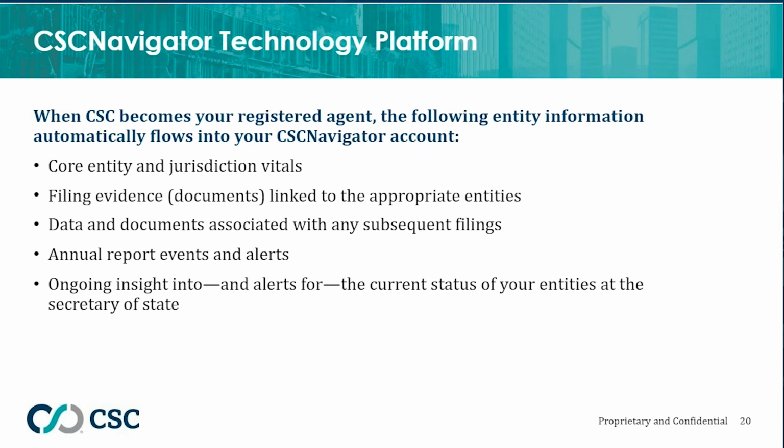Also, as organizations engage CSC for filings, there's documents that come back as a consequence of those filings. We often call that the evidence, whether that's having CSC form an entity or file an annual report. Those documents are automatically linked to the corresponding entities in our platform, which we'll show you in just a moment. And that's true not just